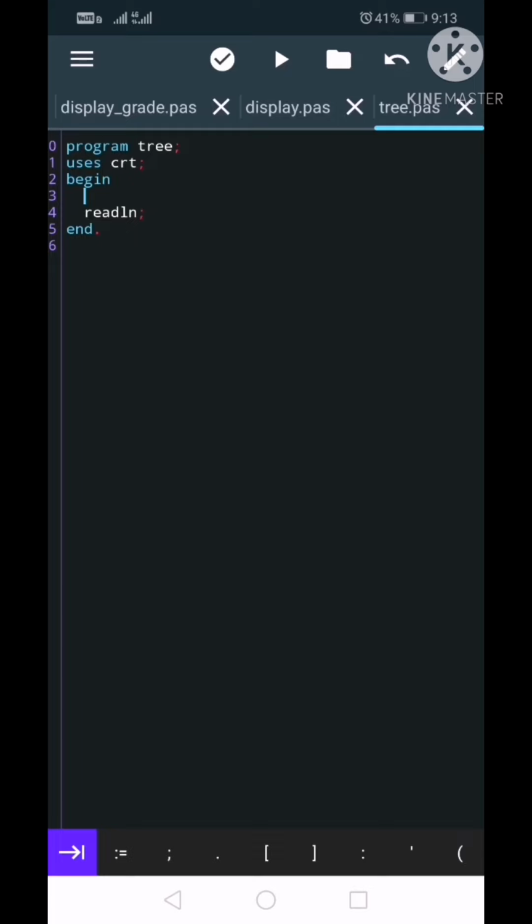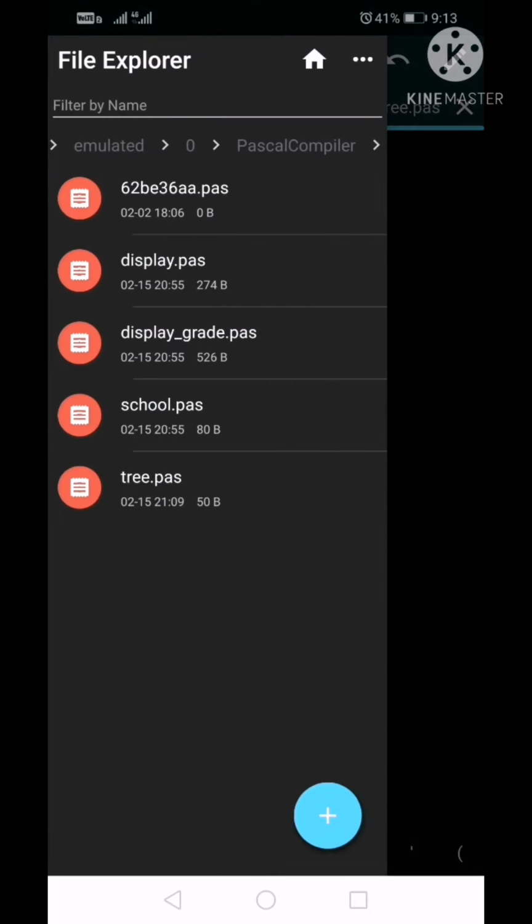Before starting the coding, you should understand how to create an empty page in this editor. For that, you have to press the button available in the left side corner, and then press this plus button and new.